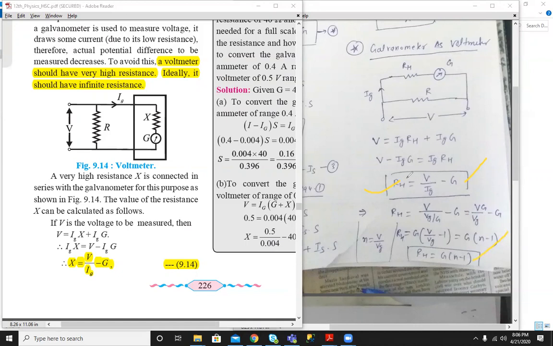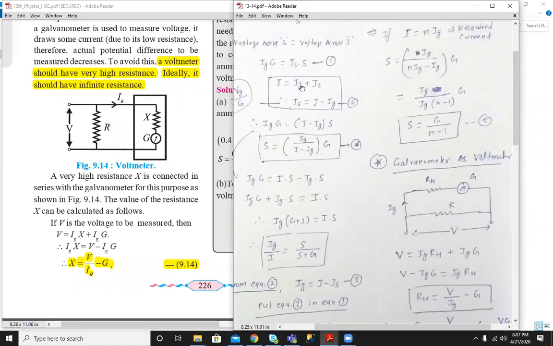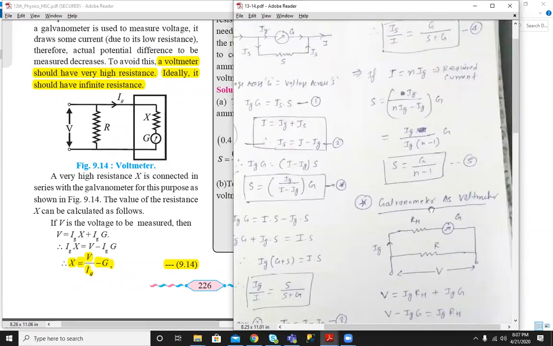These are the two formulas. The first formula is to find out the high resistance, or series resistance, which must be connected in series with the galvanometer to get a voltmeter circuit. So ammeter has a total of 4 formulae, and this is also an MCQ question for the voltmeter side. In this way, a question comes: how will you convert a galvanometer into an ammeter and a galvanometer into a voltmeter, for 2 marks. Sometimes it comes combined for 4 marks.